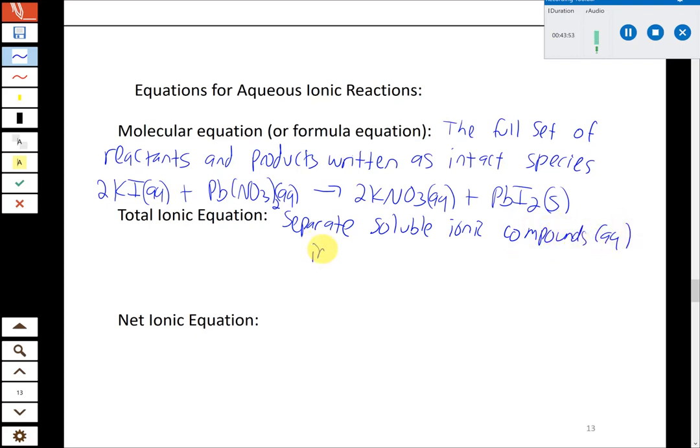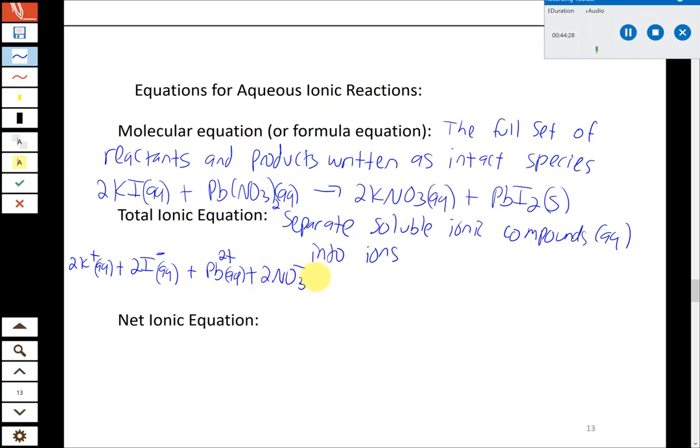into their individual ions. Okay, so this sometimes takes a long time to write out, but if we look at the reactant side, everything's going to be soluble, so we're going to separate both of these into ions. So 2KI is going to separate into 2K+ and 2I−, because there's a coefficient of 2 in front of that. Lead nitrate is going to separate into Pb2+, lead 2 plus, and then it has the 2 that I kept forgetting and now is there, so 2 NO3